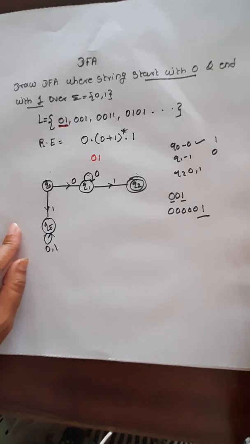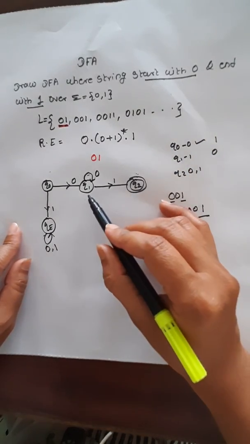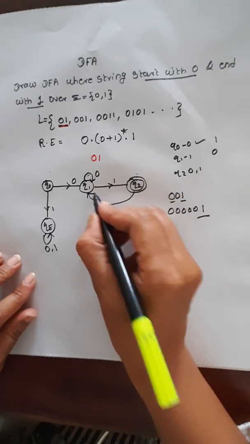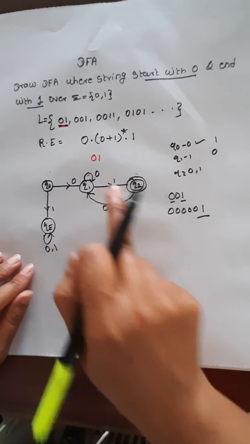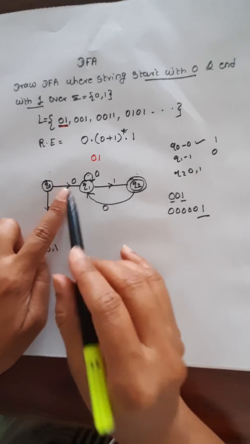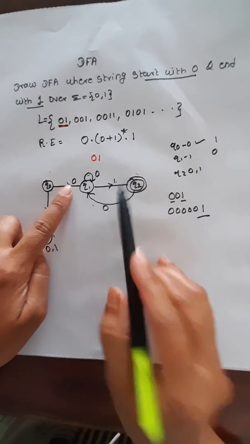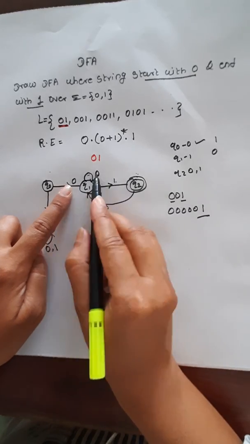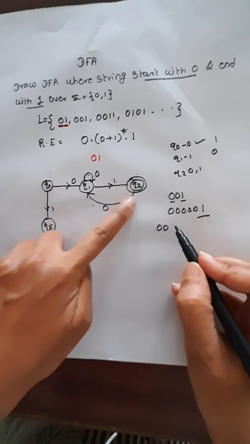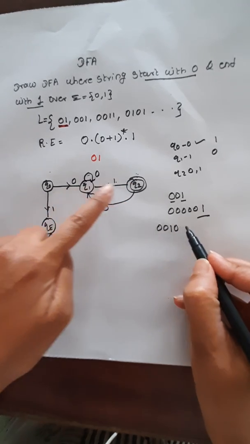Then what is the next option? If the self loop is not fitted, go or backtrack to the previous state. Fine. So I make the transition to the previous state Q1 and then we'll check whether all valid strings are accepted or not. Now see, 0 0 1 0 1. I am again writing 0 0 1 0 from this loop, 1, 0, again come back to the Q1 and 1.